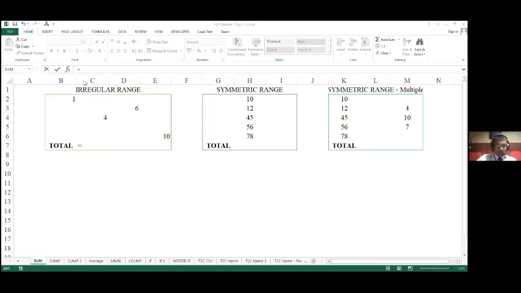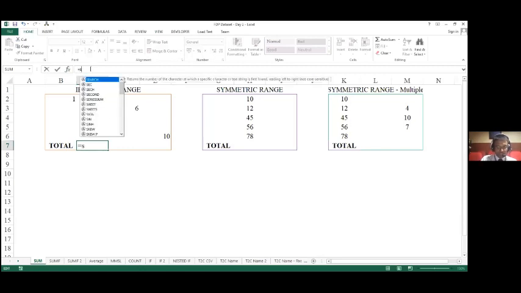The moment I type in equal to, you would notice that the values are correspondingly getting filled in the formula bar. Now, the syntax to carry out addition is sum. So I'm going to type equal to sum.